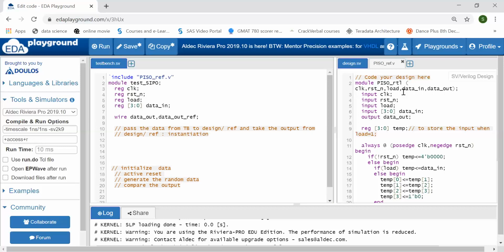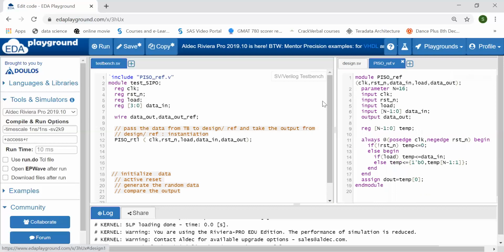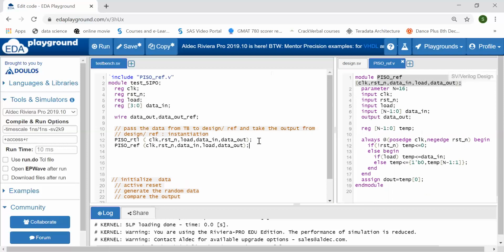So now I will be instantiating two modules. Here I will be doing instantiation by position. Here it is data out, and here it is data out reference. Let its name be DUT and the other reference model.